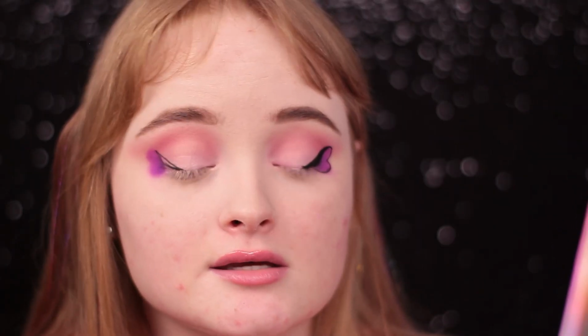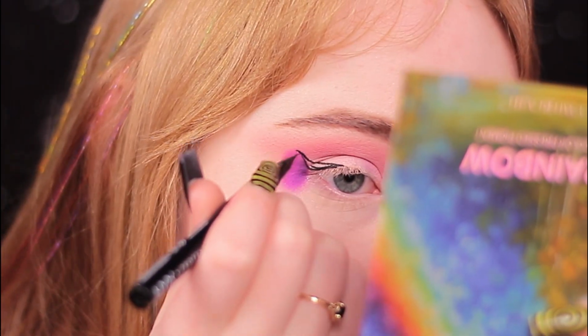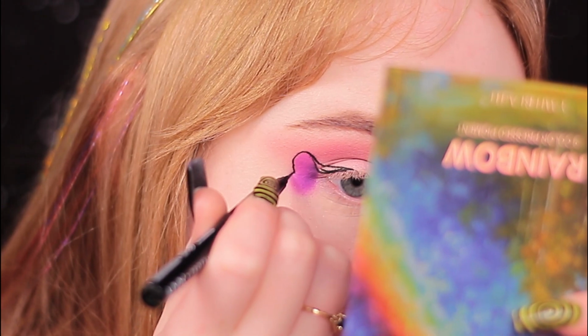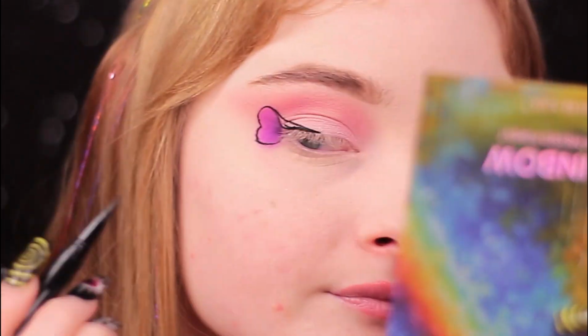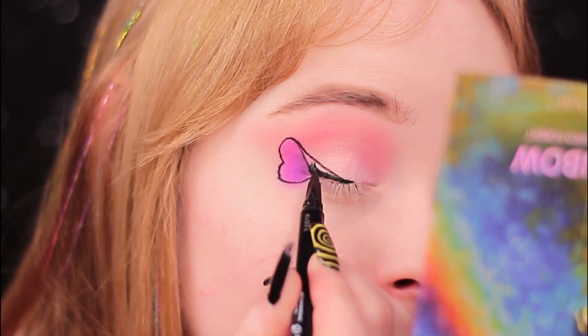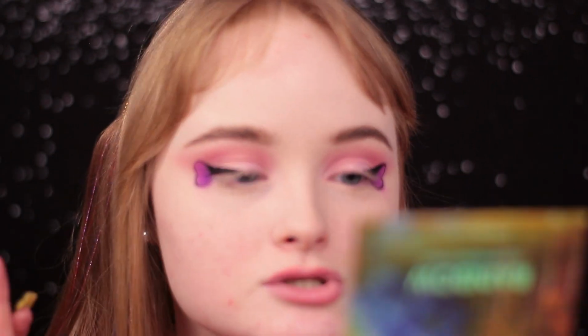All I can say is this is some thick liner, and this one I guess I'm gonna have to match it. Okay, I think we have equal parts chaos on both sides, so